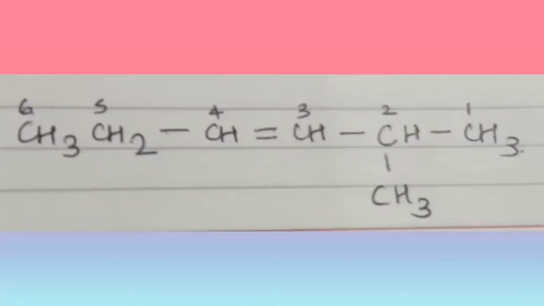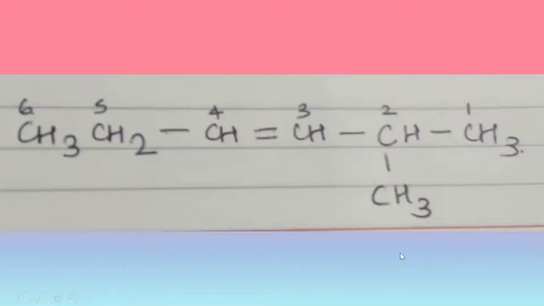Now coming to our next example, here also if you see, the double bond is present somewhere in the middle. So even if I name from left to right or right to left, the carbon atom that has the double bond present gets the number 3. That is, it gets the number 3 if I go from any side, left or right. But now here we are in a dilemma: which way should we name it? Should we go from right to left or from left to right?